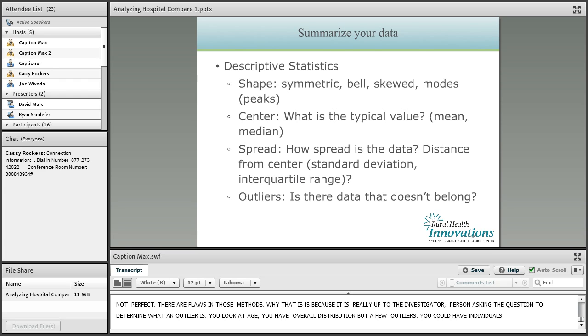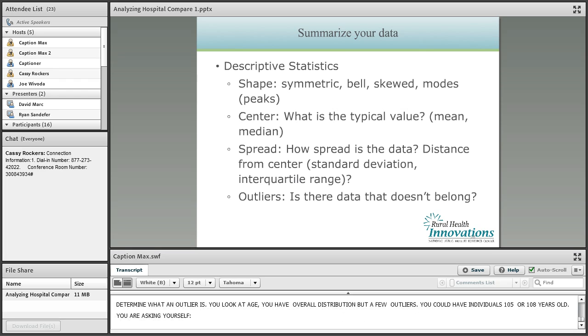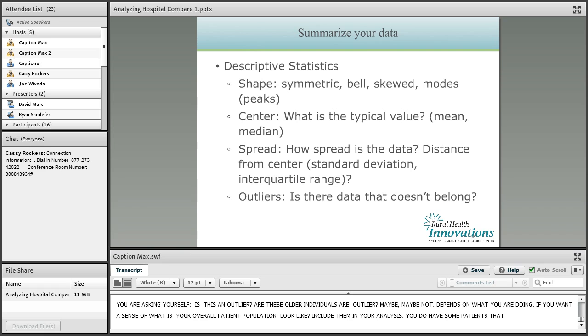The shape is what are the typical values? So for instance, how symmetric is my data? So if you were to present the data on a histogram, what does the distribution look like? Does it follow that normal distribution of a bell-shaped curve, or is your data skewed? If it is skewed, you have to consider how is that going to influence further analysis, which brings us to